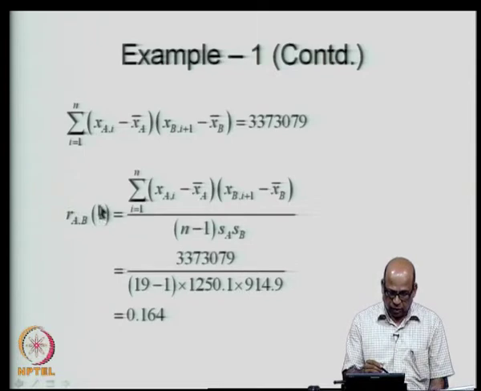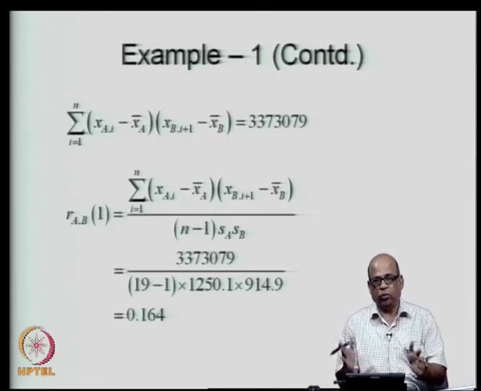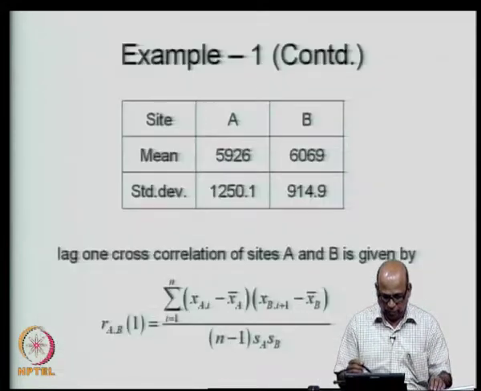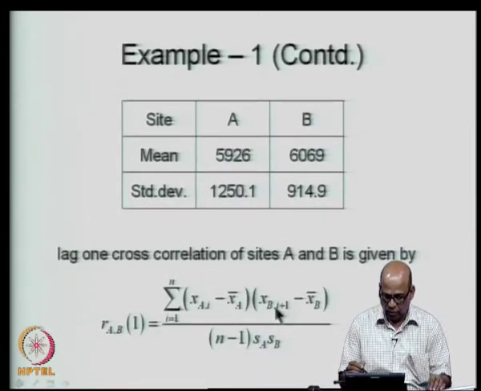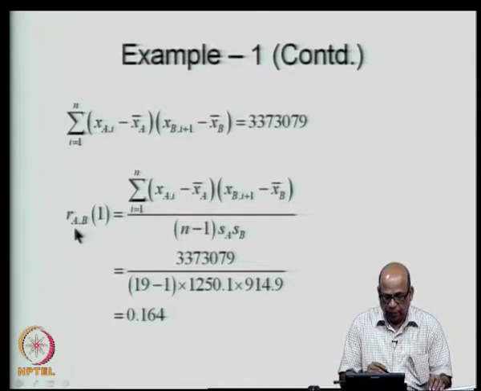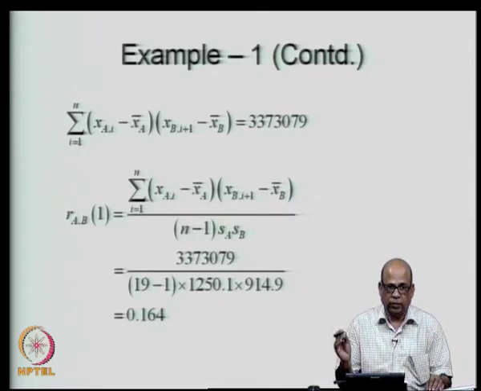Let us say this was lag 0, that means lag 0 cross correlation. It is simply the cross correlation between the two variables, in which case you can see from the formula that this will be again x_b,i itself minus x bar b. So, this is just the cross correlation between the two variables. So, we typically use r_AB, or in terms of your population notation it will be rho_AB at various lags in our multivariate stochastic models.